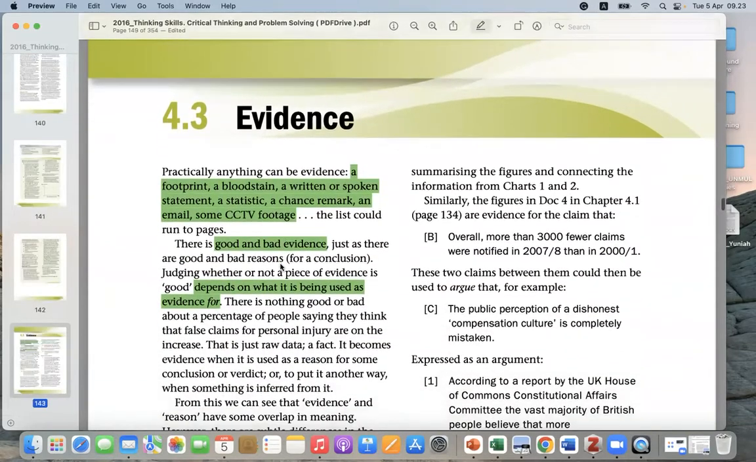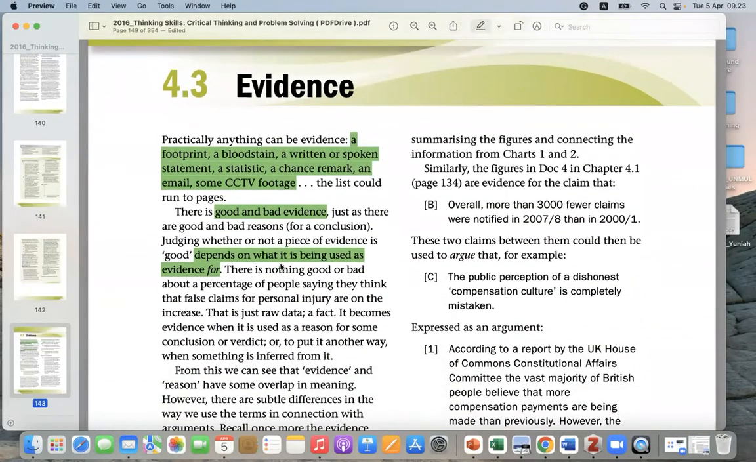Okay, now we go to evidence, the third word. This is evidence. Evidence means something that you take as your ground to make the fact or to see the fact. Practically anything can be evidence when you see things as what it is, for example